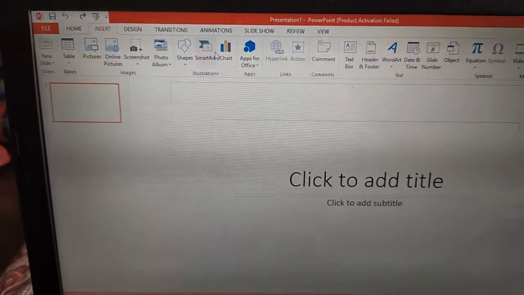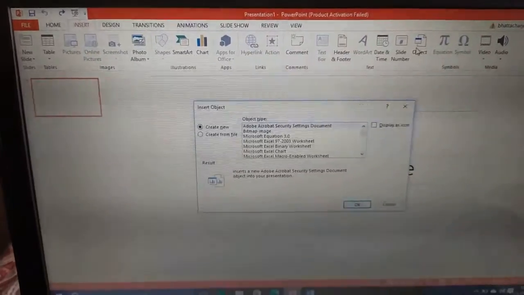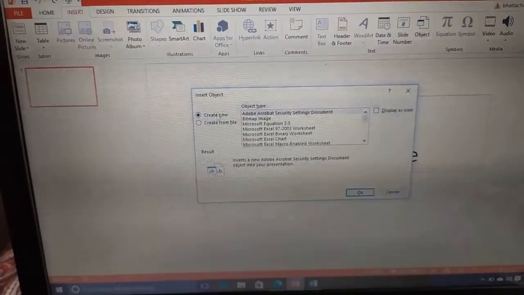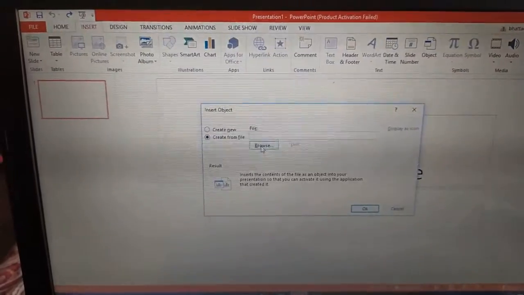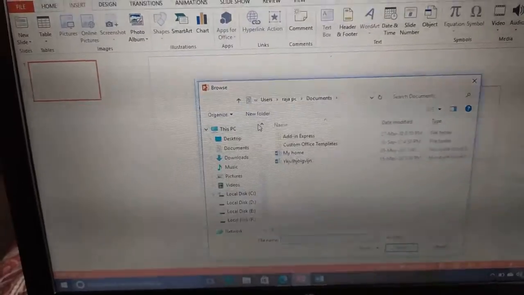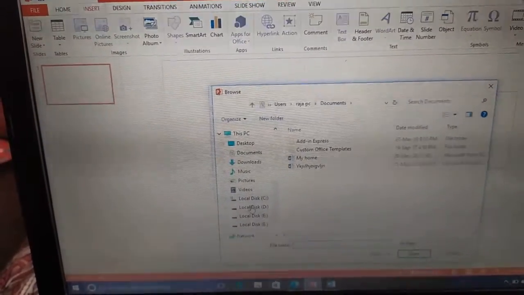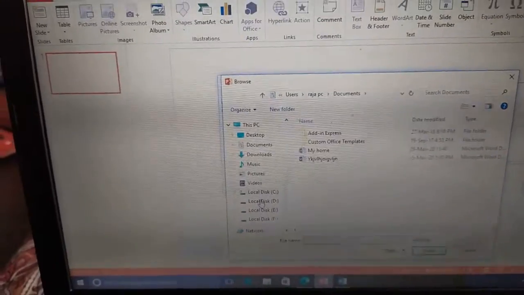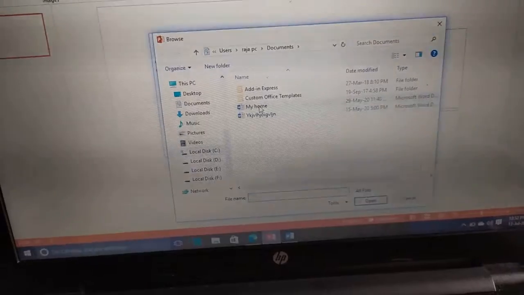Click on Object. Click on Create from File and browse your file. Now let us select this My Home.